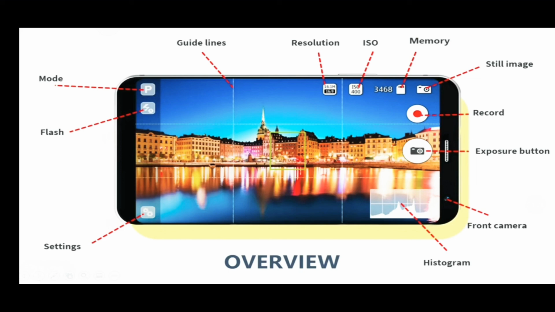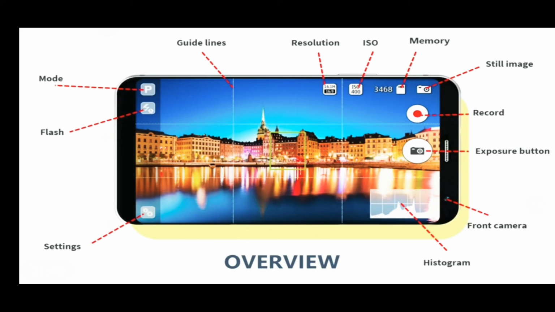Now, just one thing I failed to mention there as well. Obviously, within the center of the frame, we've got that yellow block. That is where we focus. So we can change our point of focus by simply touching the screen and choosing where we wish to focus from. Now, that's a lot of info.